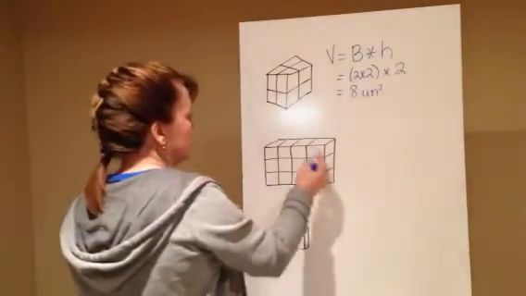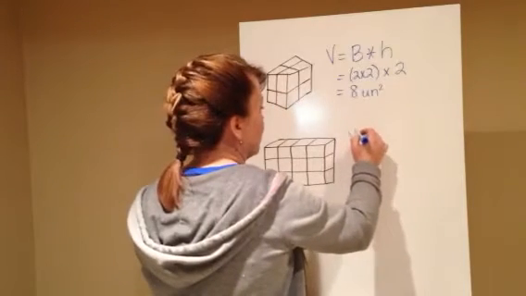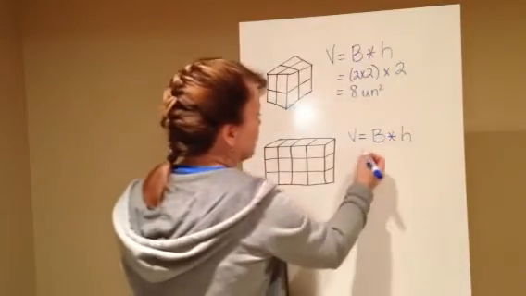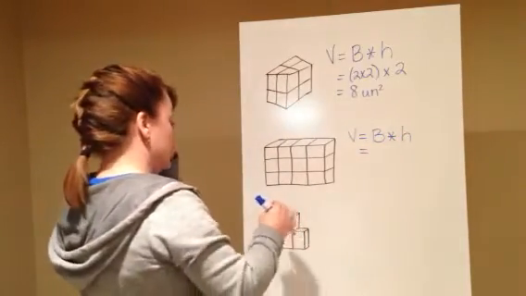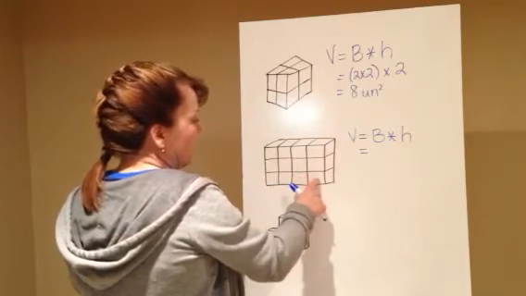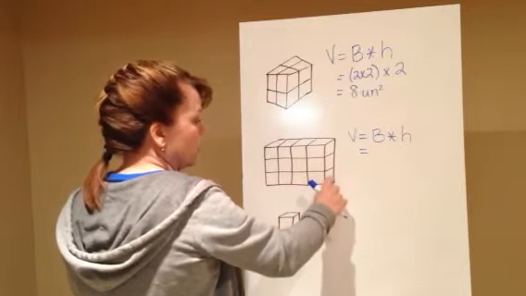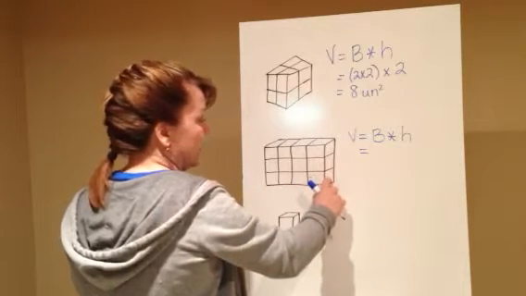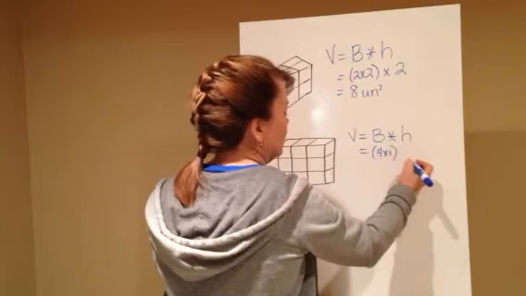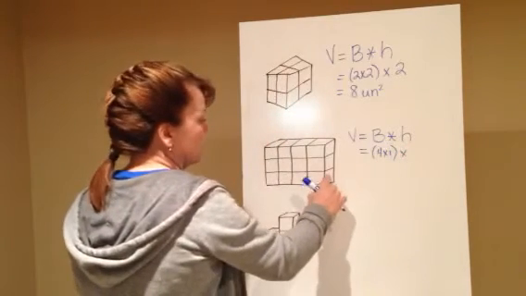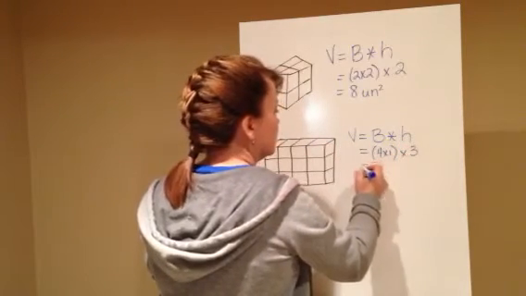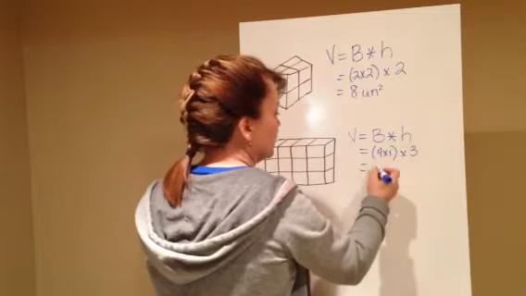Okay, let's take a look at this one right here. Again, I'm going to write my formula out to remind me what I'm doing. Okay, and I'm going to look at my base. Now, this particular one has 1, 2, 3, 4 cubes long, but only 1 cube wide. So my base is going to be 4 times 1 times my height, which is 1, 2, 3. So 4 times 1 is 4, times 3 is 12